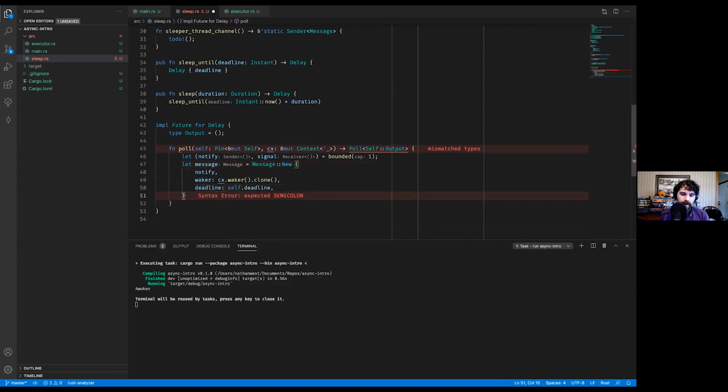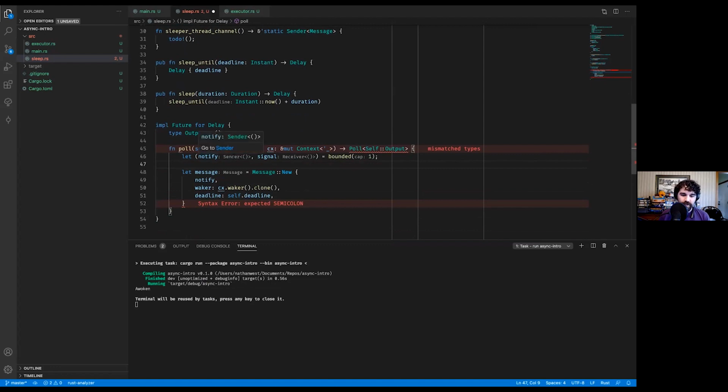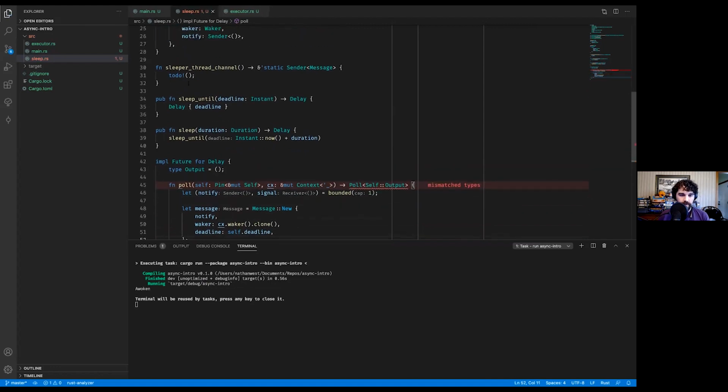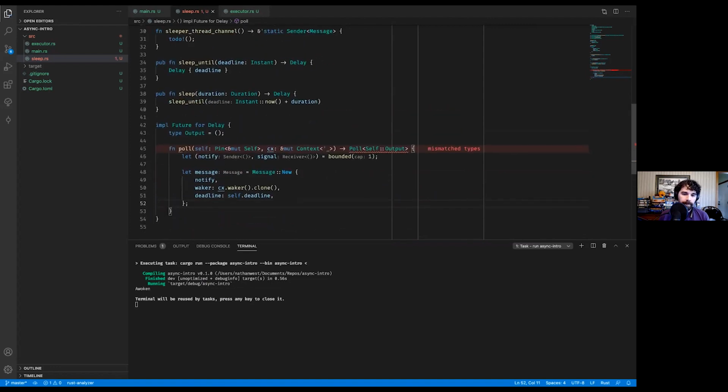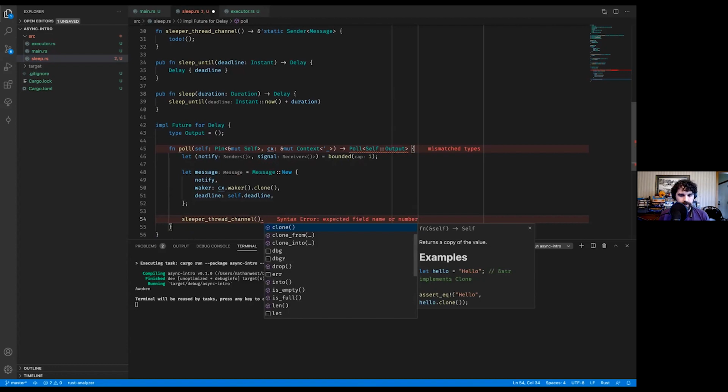Okay. Notice that we are not checking the time here. We're sort of assuming that most of the time, the first time you poll the future, it will not be expired yet. So it doesn't really do us any good to check the time immediately. We might as well just always do the round trip through the sleeper thread. We will send this message to the sleeper thread.